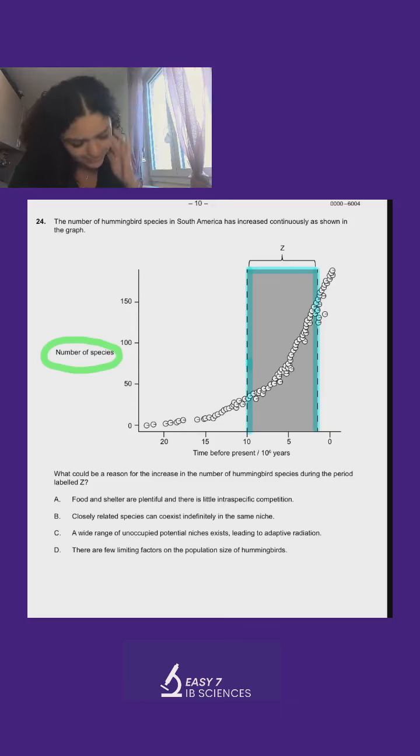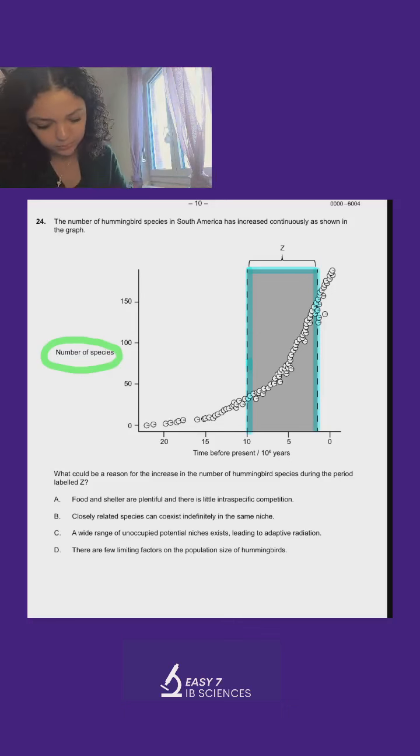Okay, what is the answer? A lot of you said C's and D's. Let's have a look. The hint for this question was that we're focusing on species as a whole. The answer is C, but let's read the answer options. It says food and shelter are plentiful and there's little intra-specific competition. What is the definition of intra-specific versus inter-specific? So intra-specific is competition